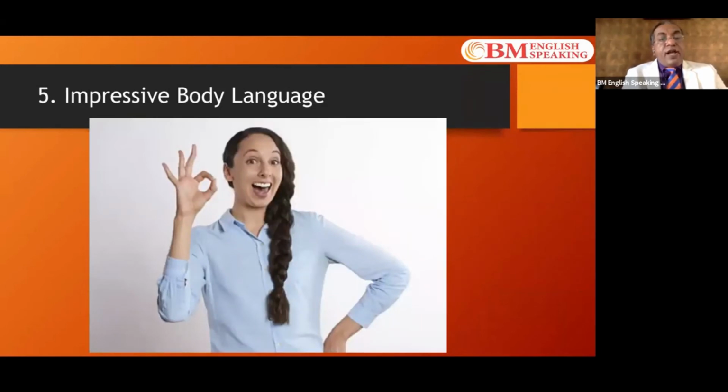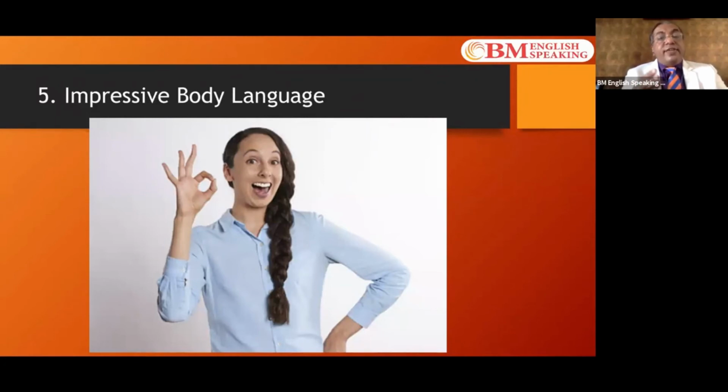Okay, I'm sure all of us are aware that our body language is extremely important. What do we understand by body language? To be an effective communicator, it's extremely important to understand that our body is speaking even when we are not speaking. The way we stand, the way we sit, the way we talk, the facial expressions that we have, the hand movements that we have when we are speaking in a meeting or in a presentation, or even in a networking meet, or even in a video call. Our body language is constantly communicating. That's why it's called body language.